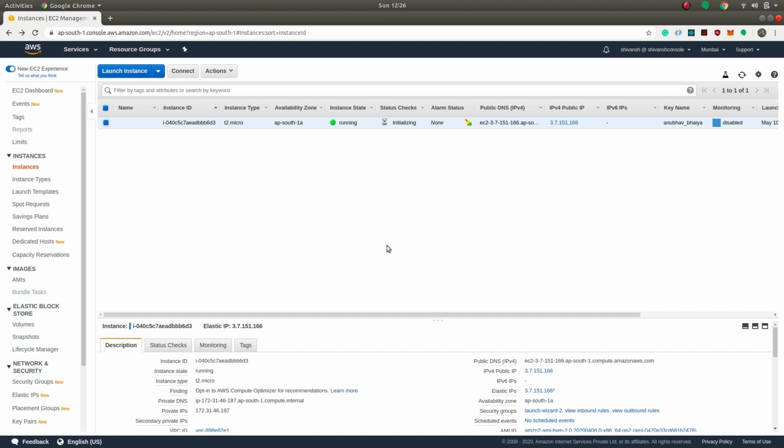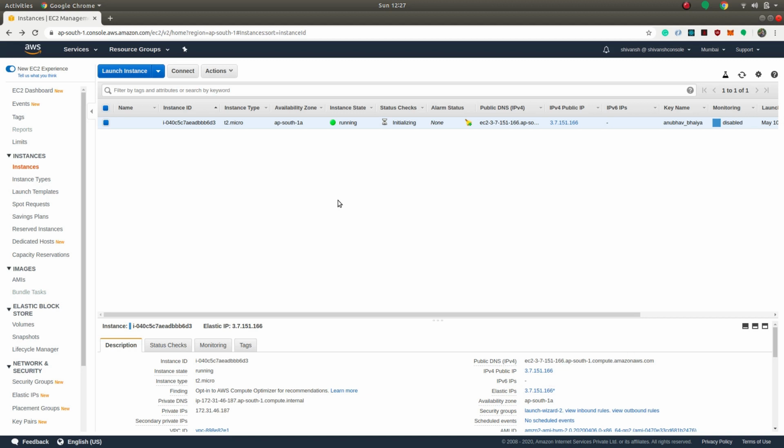But there is a limitation in using these elastic IPs, that is by an AWS account you can get at max 5 elastic IPs, and if you need more then you have to submit a form to AWS. Now one thing more that you should know about these IPs is that if you associate this IP address to a machine, then AWS won't charge you. But if you remove this instance and just occupy this IP address without associating it to an instance, then AWS will charge you. So I will remove this elastic IP and will delete it in order to avoid any charges.